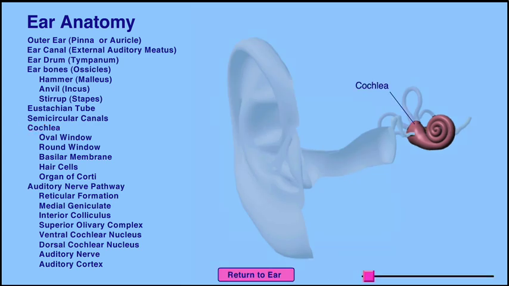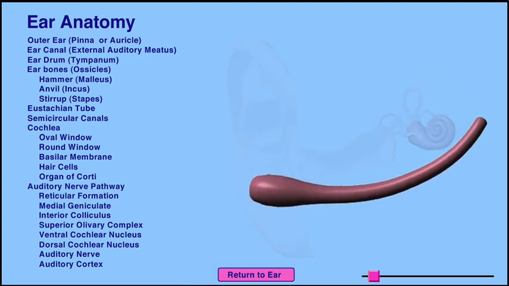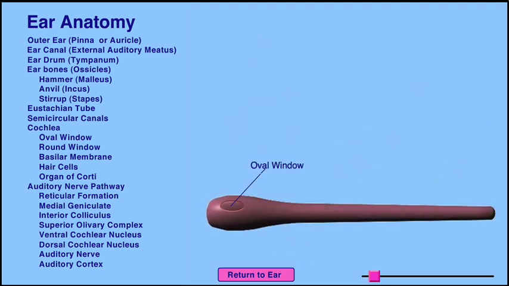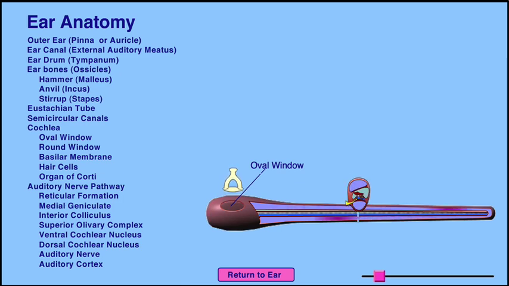The inner ear, or cochlea, is a fluid-filled spiral-shaped body containing hair cells that convert vibrations into nerve impulses. The oval window, near the base of the cochlea, transmits vibrations received from the ossicles into the fluid of the cochlea's interior chambers. This cutaway view